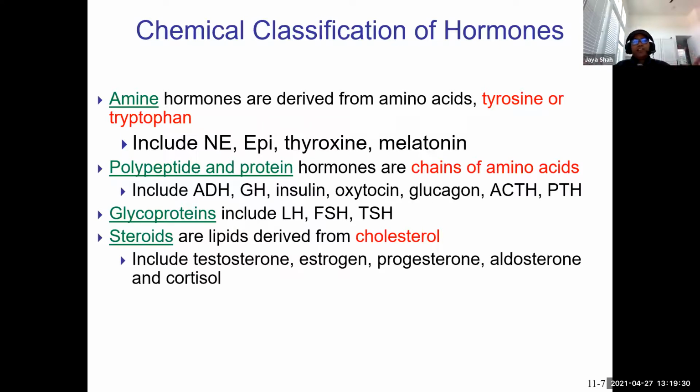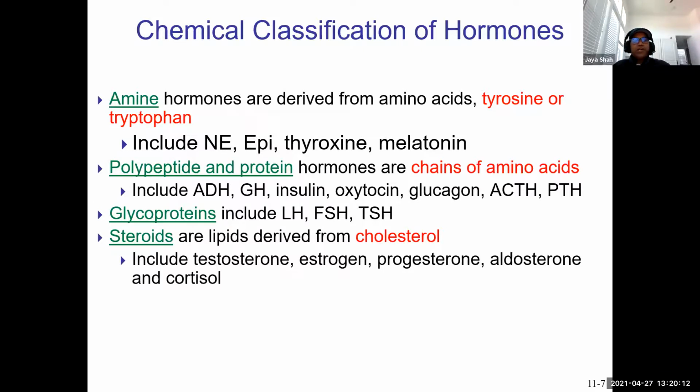Before we go to mechanism of action, listen here, I'm going to pick some of you, if you are paying attention, and ask you a question. Most of the hormones are water soluble hormones. That means can they enter the cell easily or will they have a hard time entering the cell? Hard time. They will have a hard time entering the cell because water soluble hormones have domains which have charge,